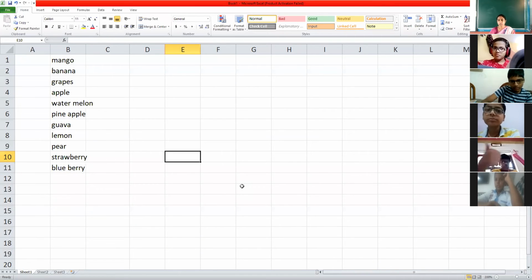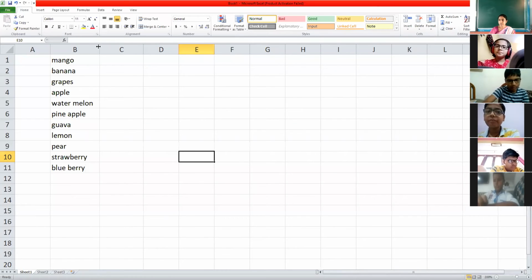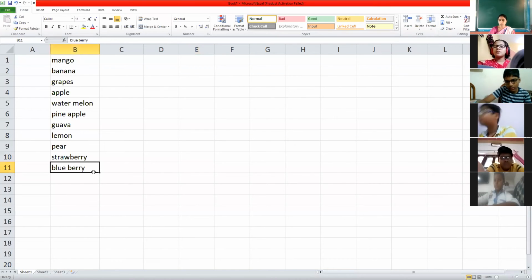I have not copied. I have not cut. So this is one more feature which is there in Excel, which you can use to move data from one cell to another. It is not compulsory that a whole range needs to be moved. You can move just one cell also. One cell is selected, take your mouse pointer here and move it wherever you want.